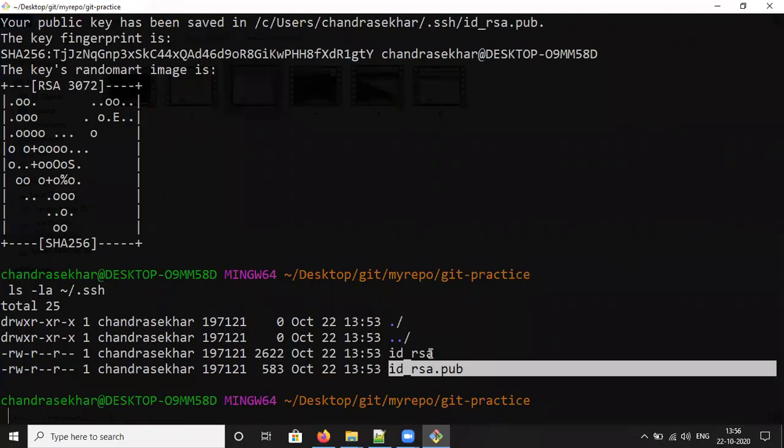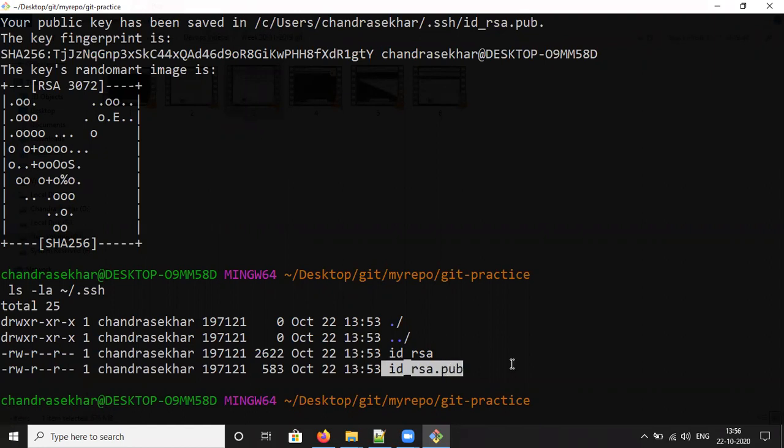So id_rsa and id_rsa.pub are generated, and you have to take this id_rsa.pub public key and save it in the Git remote repository of your account. Then only it is going to generate the known_hosts file when you try to connect. So now you can copy that command, .ssh/id_rsa.pub.